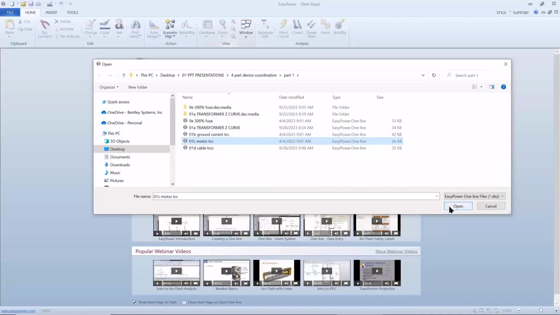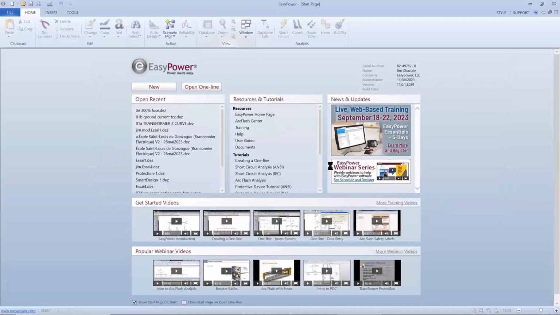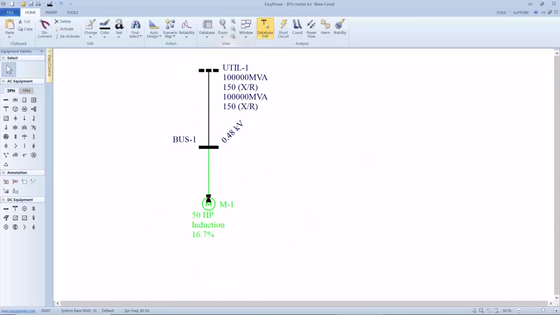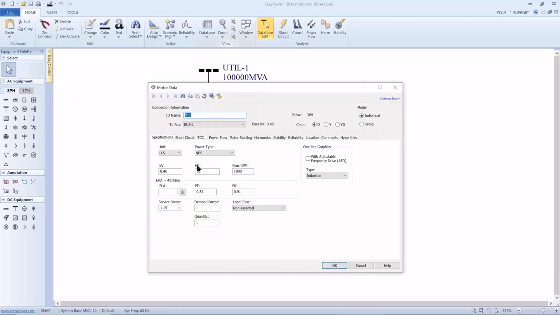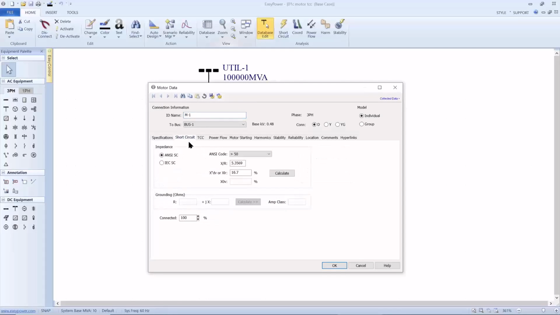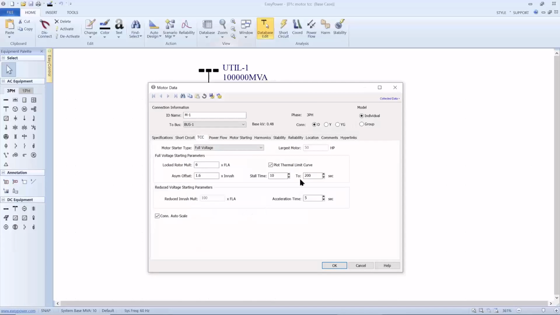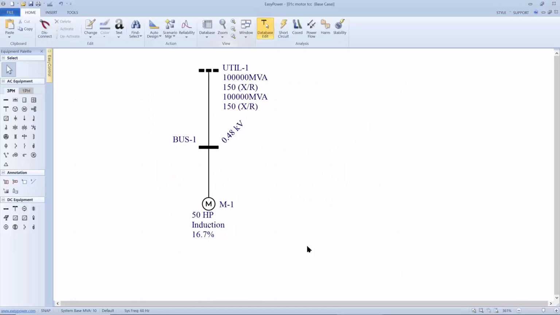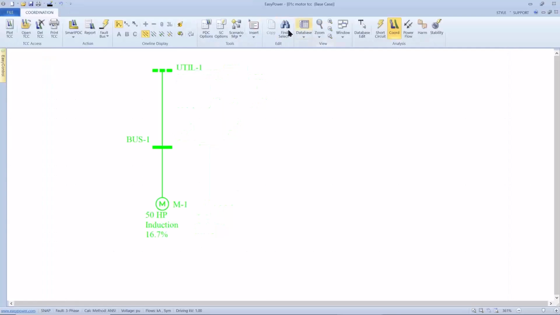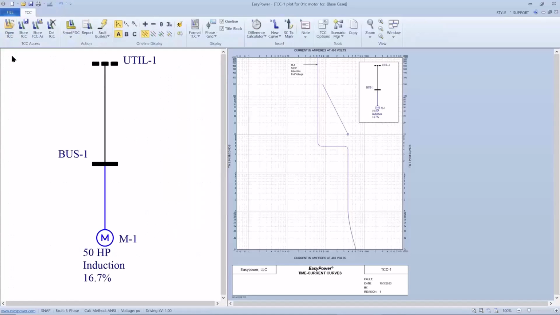So again, this is all determined by the parameters we've loaded in when we modeled the motor. And if we look up the setup for a 50 horsepower motor, we've typed in the horsepower, then calculate the X over R. And then the TCC is plotted by these typical values, any one of which can be modified if you know the specifics for that motor. And then once we plot the TCC, go to coordination, plot the TCC,